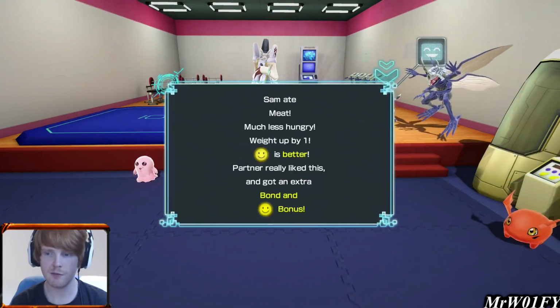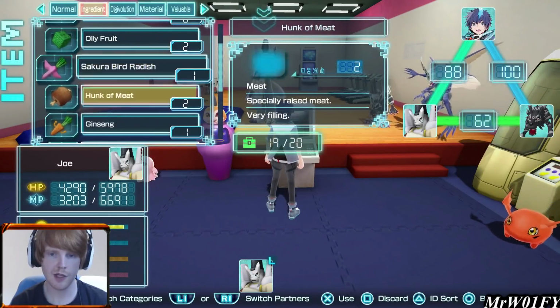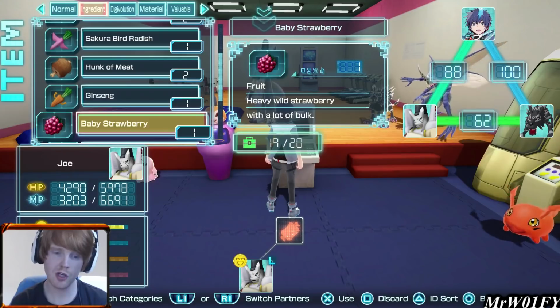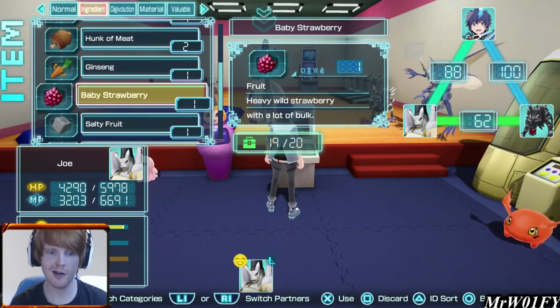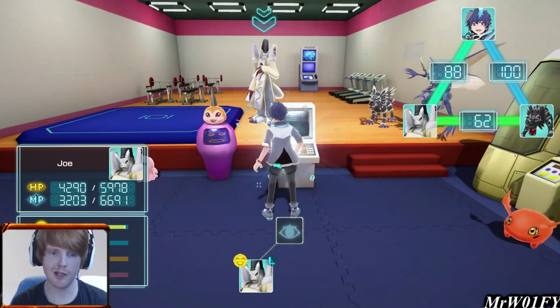So I'm just going to feed meat to Sam. In fact, I might end up just feeding meat to... Do we have anything we could give you? It's a veggie. We could give him a baby strawberry. I don't know if that's worth it though. We should probably keep it. We've got our fighty fungus now. Some nut. Yeah, I'm just going to...